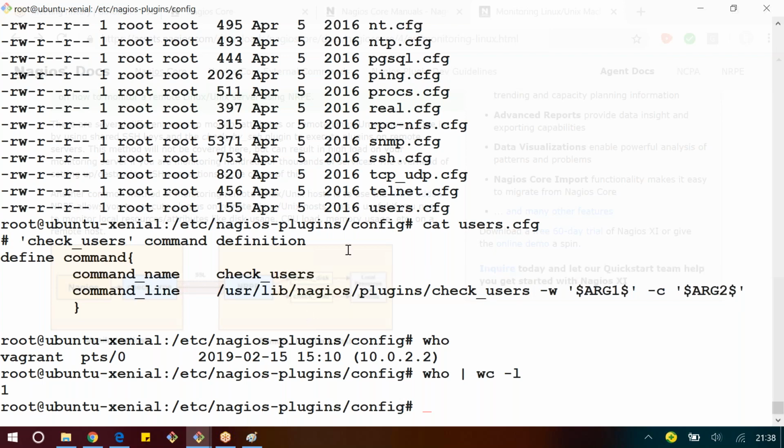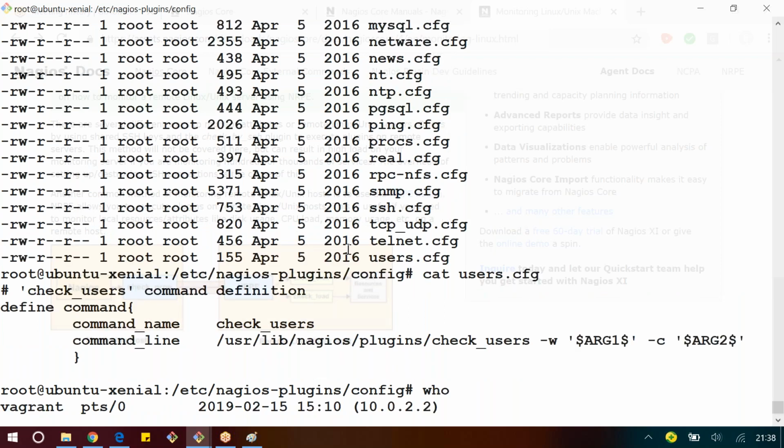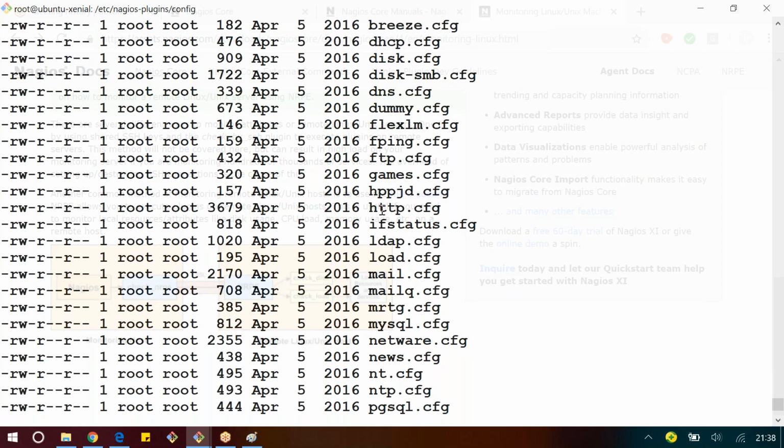Let me show one more example. Suppose you want to check something like disk space. Let me show the disk space as well. They have given us multiple options here, not only one command. The first command is check disk, and check all disks is another command. If I have a particular partition, this option checks it, and if I would like to check all the partitions on the system, this is the command I can use. So here you can see the warning metric,